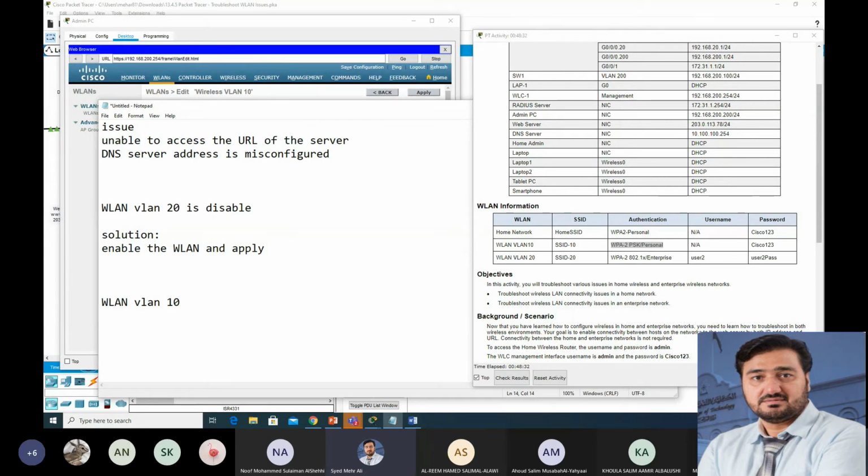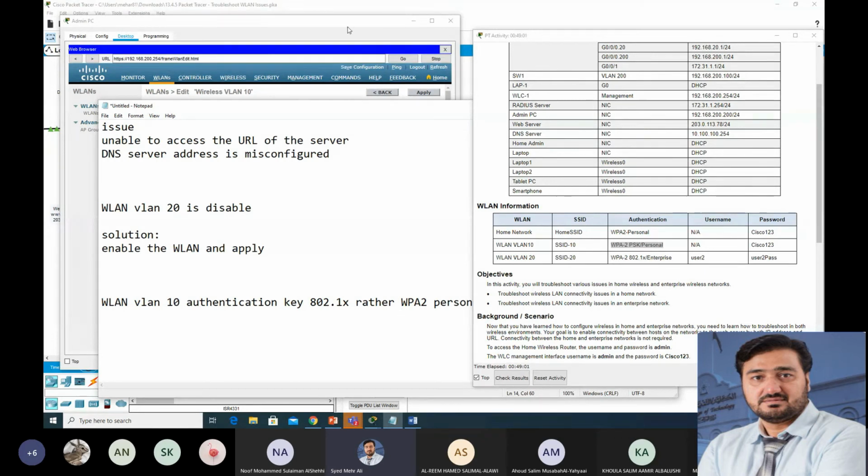The authentication key management is 802.1x rather than WPA2 personal.